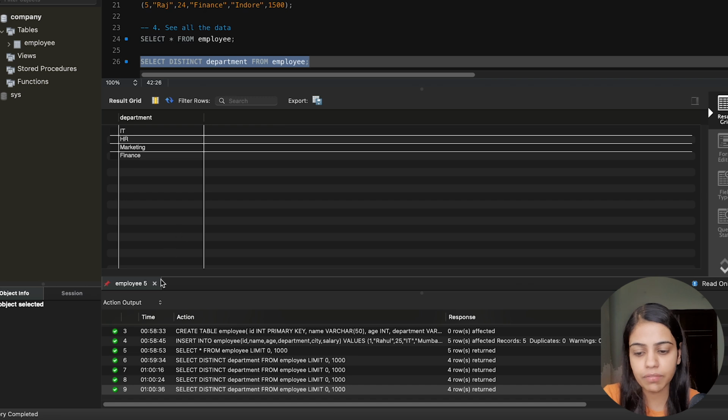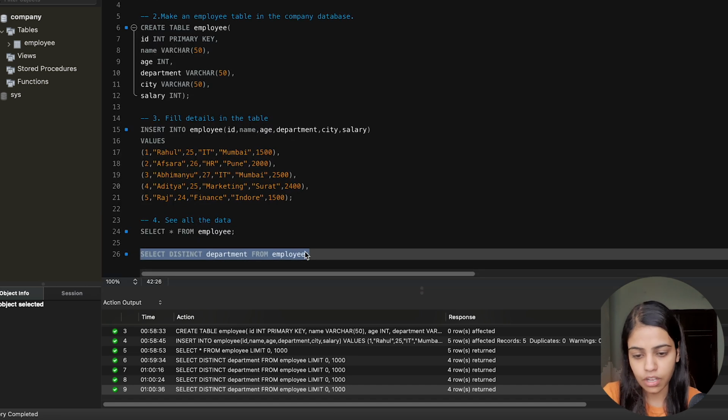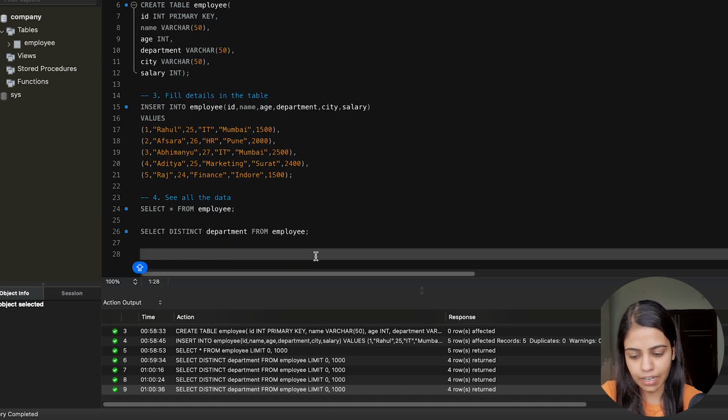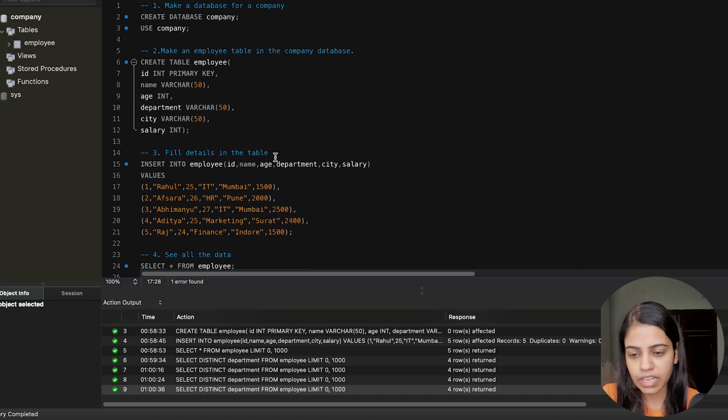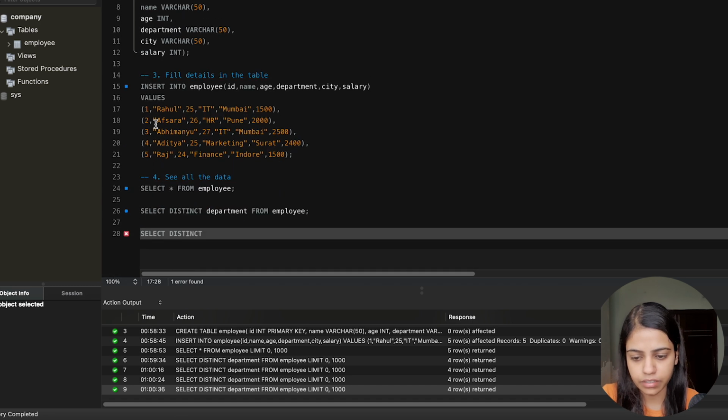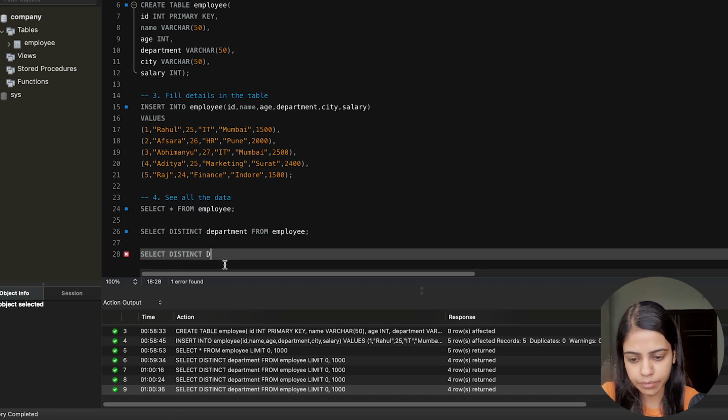Let's see distinct values from a combination of columns. Select distinct, and the columns from which I want to see the distinct values together are department and age, and then from, and then the table name, that is employee.